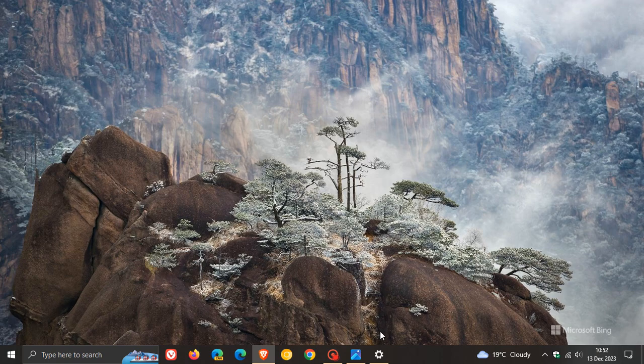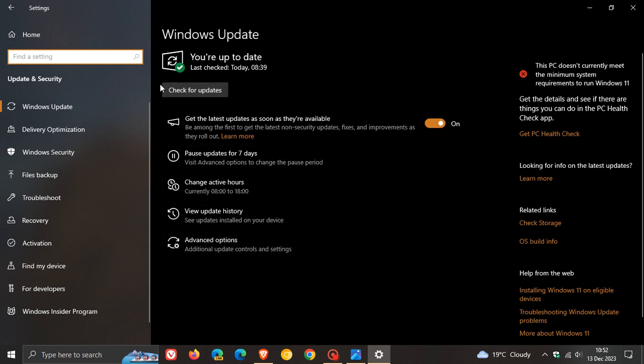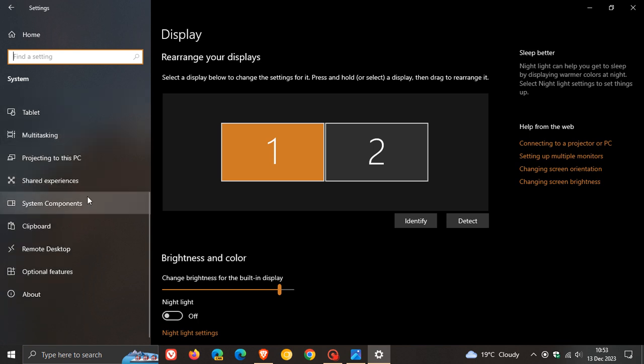And also, if we head back to Windows updates, it also adds get the latest updates as soon as they're available. So basically, you will be among the first to get the latest non-security updates, fixes, and improvements if you have this toggle turned on. That's another Windows 11 feature that's rolled out. And if we head to our system page, and as mentioned, I have gone through these in that previous video, but just to do a quick recap for this video,